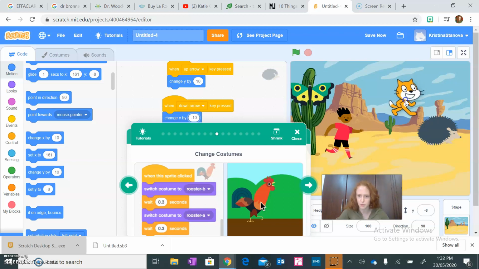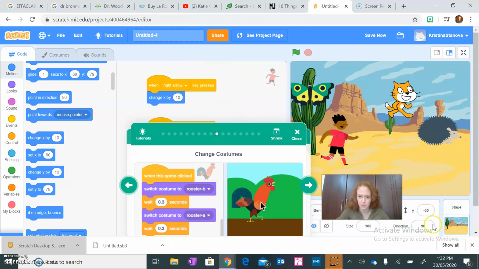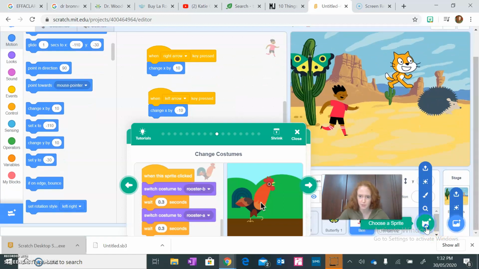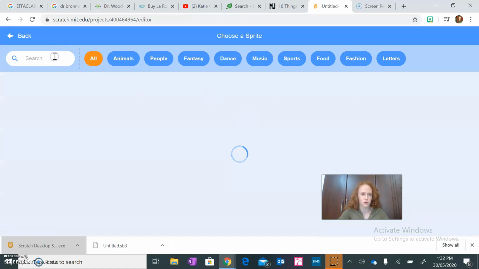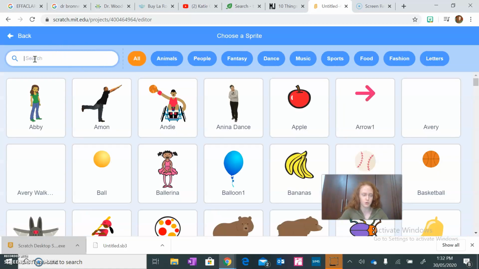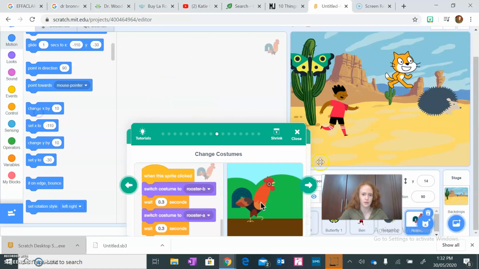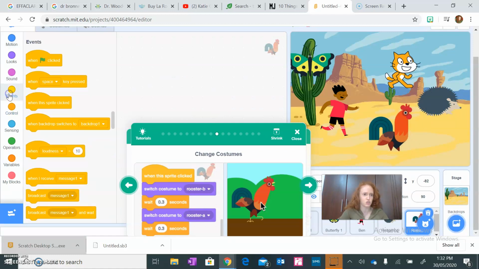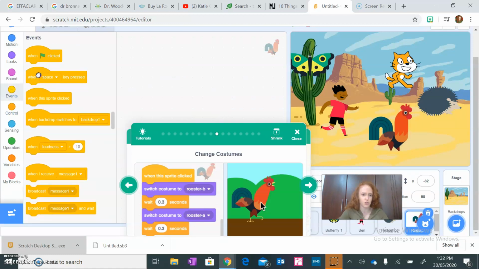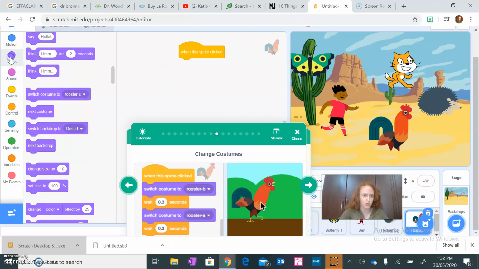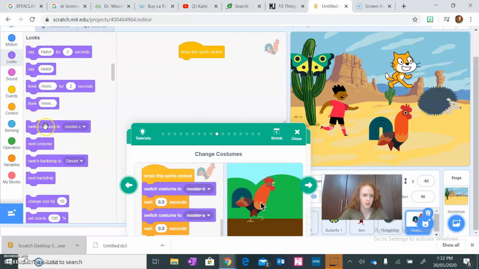Okay, I'm just going to move my sprites a little bit. So next sprite, don't forget the button is down here. So I'm going to go find rooster, type that in. There we go, rooster's here. When this sprite clicked, so this time you will have to click on them, okay, but you need to program it as well. So when this sprite clicked, switch costume, okay, go into looks purple, switch costume to rooster B,